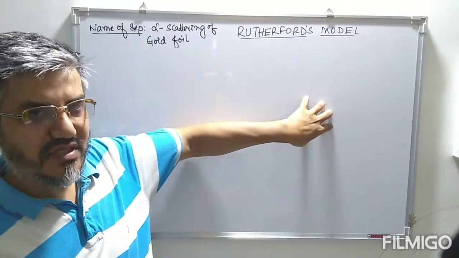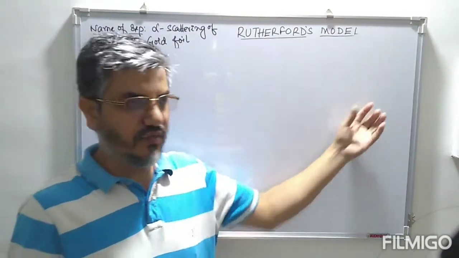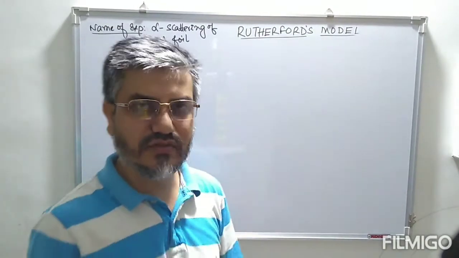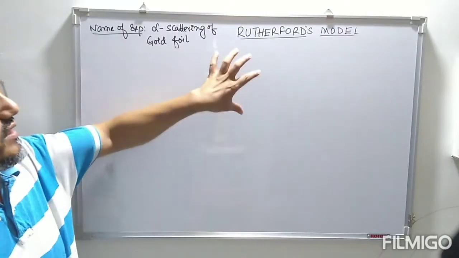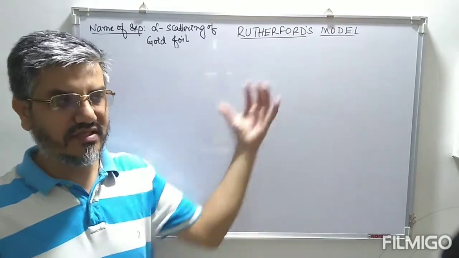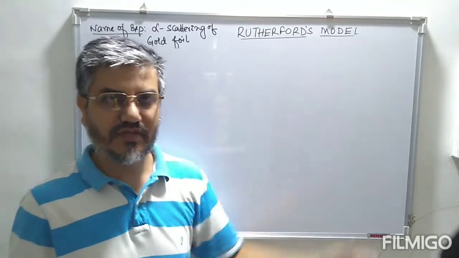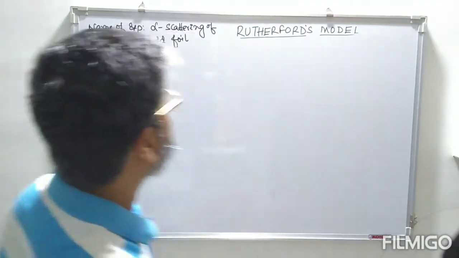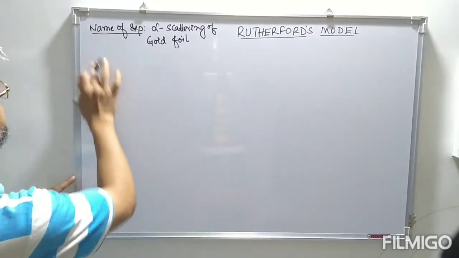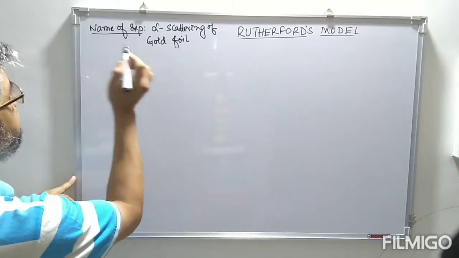The mass of the atom is entirely concentrated in a very small volume, that is the nucleus, and this is due to protons and neutrons. And the size of the atom is 10 to the power minus 10 meter, whereas the size of the nucleus is of the order of 10 to the power minus 15. So based on this, we have